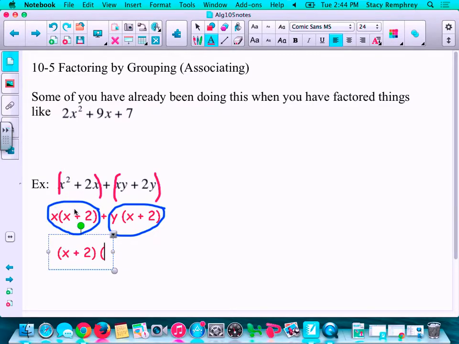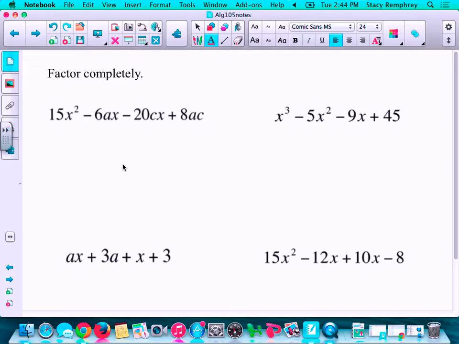What do you have left? After I factor out the x plus 2 here, I'm left with an x plus, and then the y from the second term. And that's all. So this is your final answer, x plus 2, x plus y. I'm going to work through one more with you here, and then I'm going to ask you to pause, work through the other 3, and then